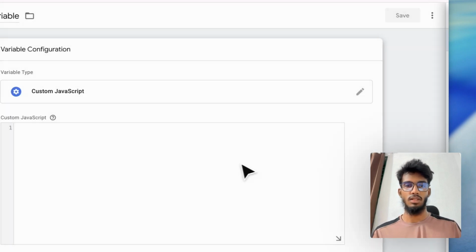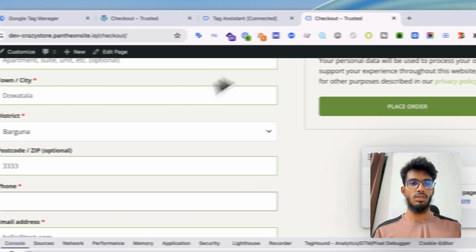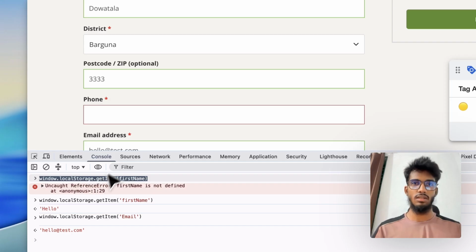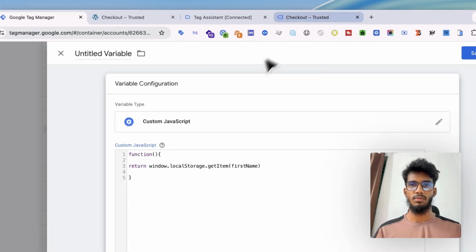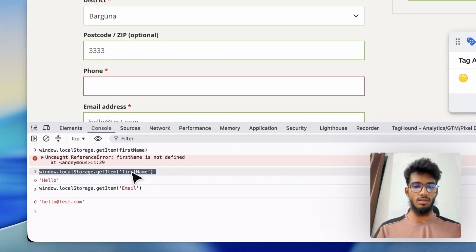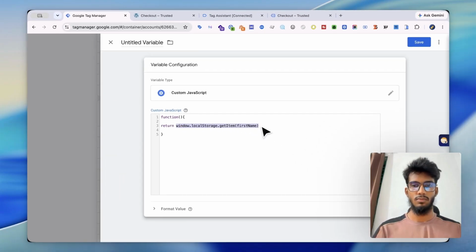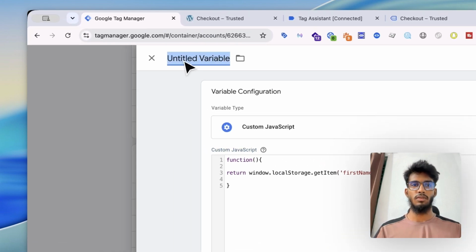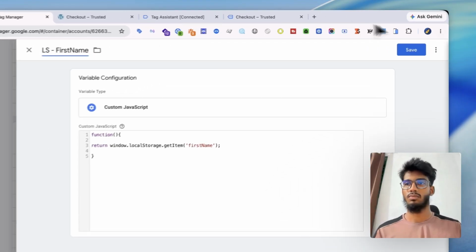then it will be custom JavaScript. Okay, and right here function, then return. And what was the code for our first name? This is for our first name, right? Test it here. Fine. Okay, this is not this one. And this will be our first name. Okay, sorry,